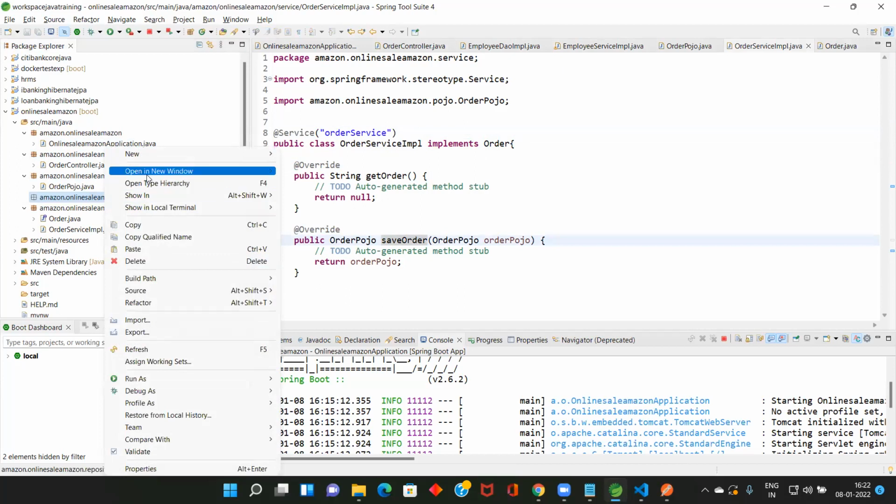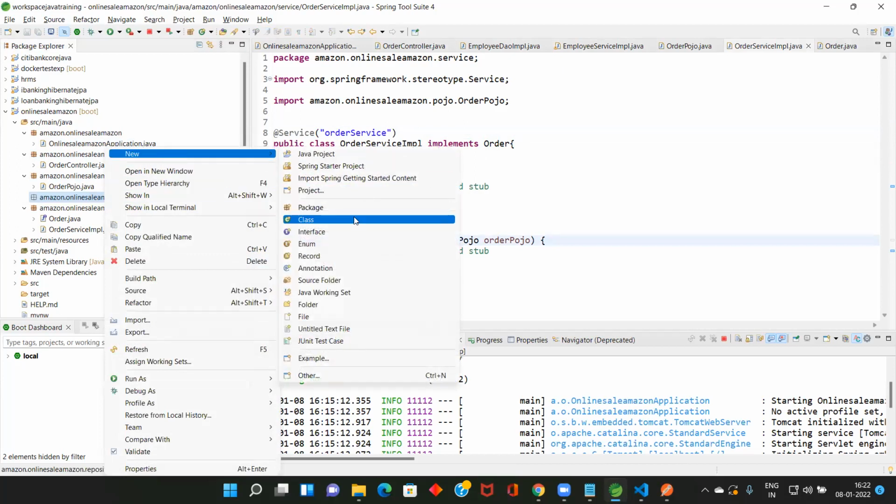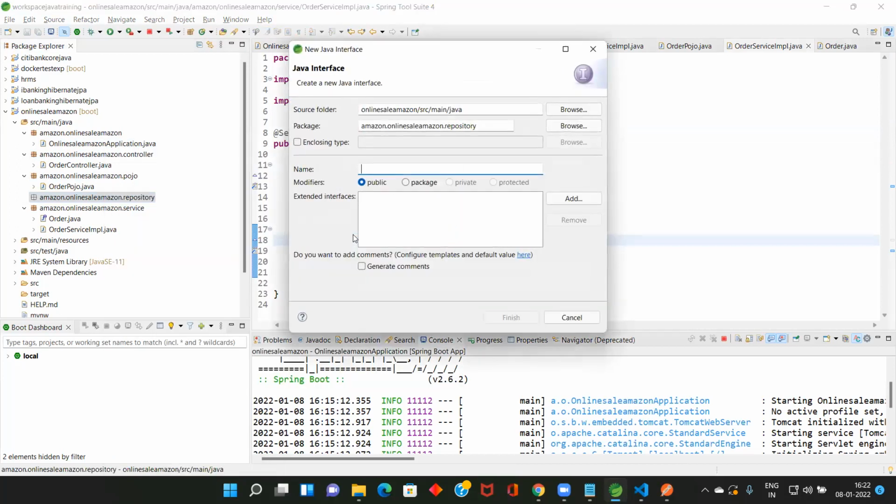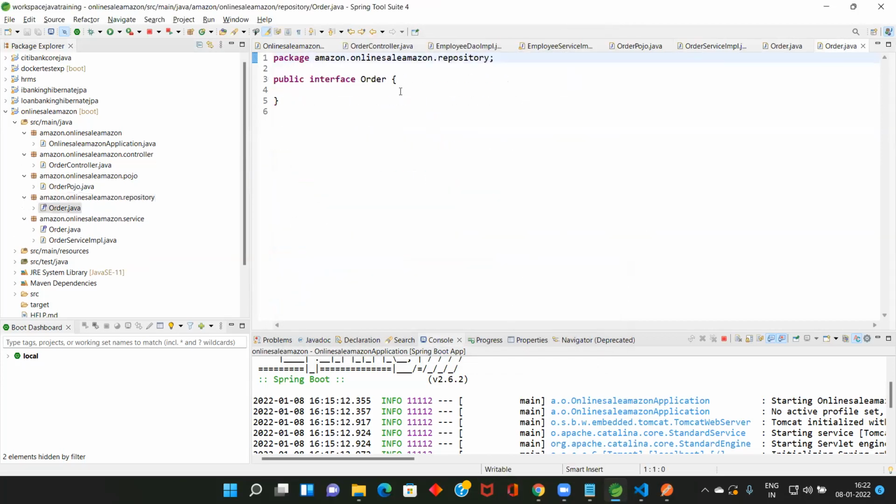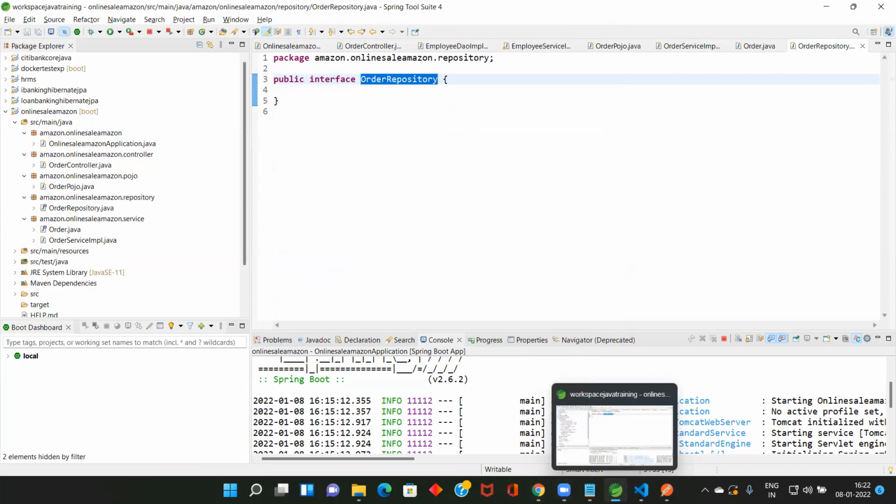In the repository, I'm going to create one interface called Order repository, so that it is more meaningful. So extends JPA.